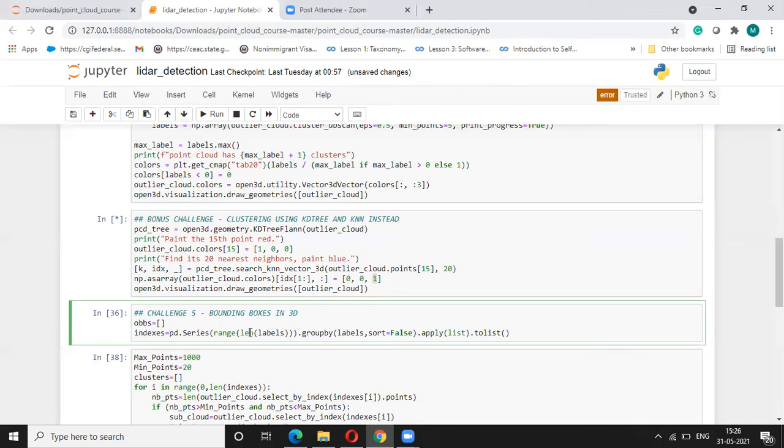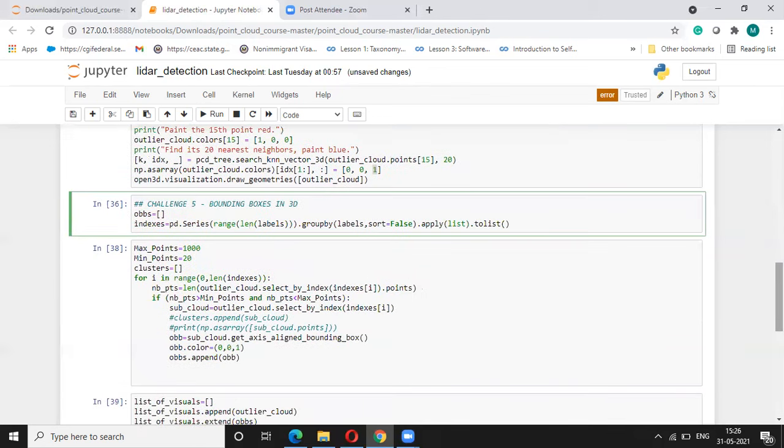To get a fair idea about that, we use a dimensionality reduction algorithm called principal component analysis. What this algorithm does is consider high dimensional data and convert it along the first principal component and then the second principal component, and based on that it fits a bounding box around them. So that's something we are doing over here.